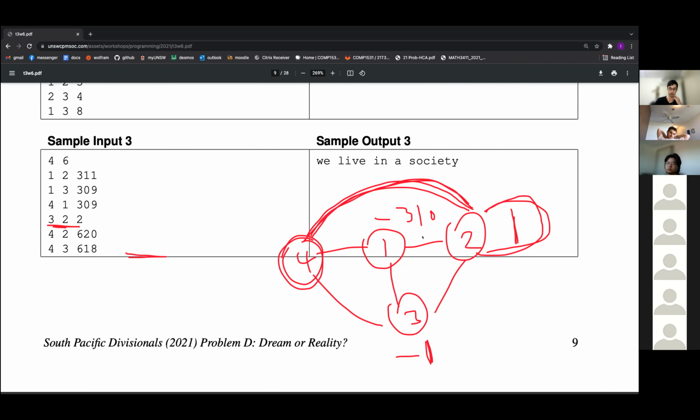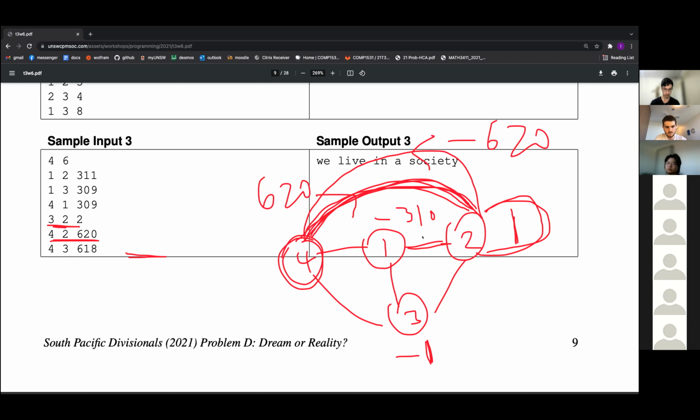When we're implementing this, we want to actually add an edge both ways. So for this edge, 2 to 4, 620, we also want to add an edge from 4 to 2, a negative edge the other way, negative 620. The point of this is that you don't actually know in advance which way you're going to traverse the graph, so you should be prepared for all situations.